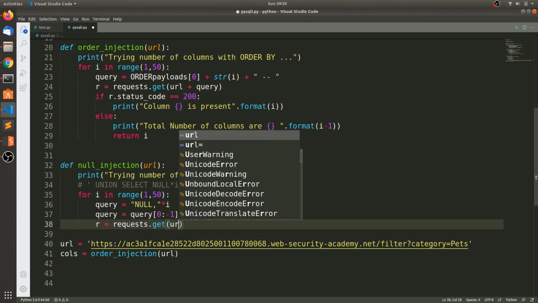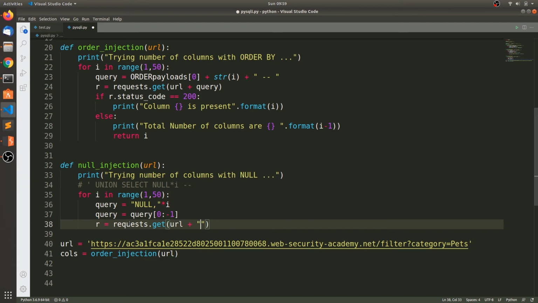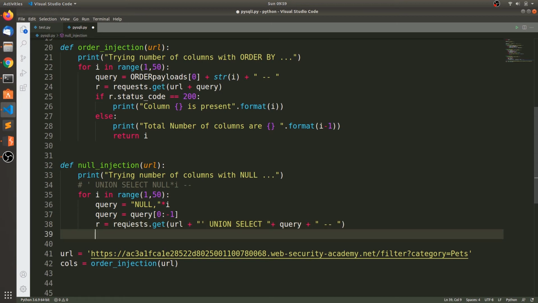Get of URL plus, after this URL you need to specify a single quote and union select, there is already a space, and then you need to specify the query, and at the last the comment.